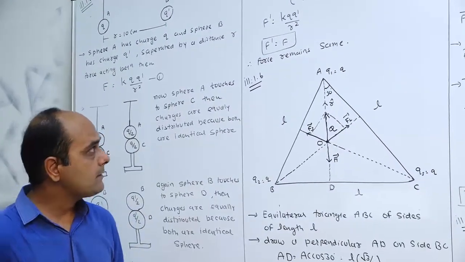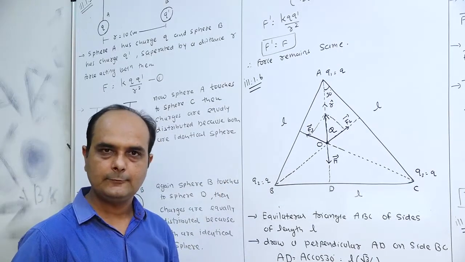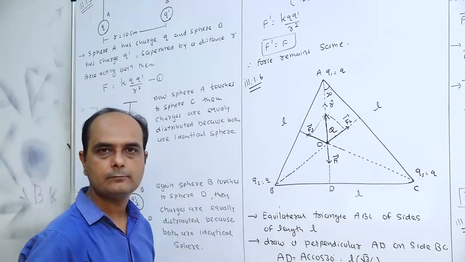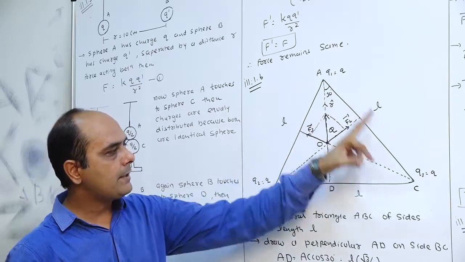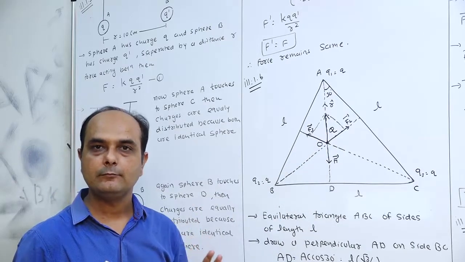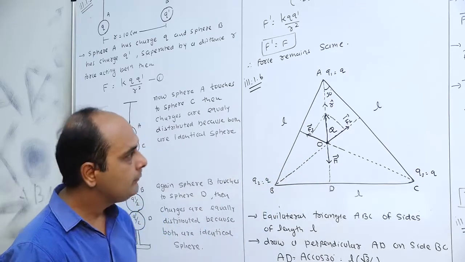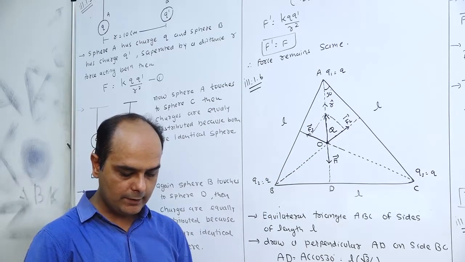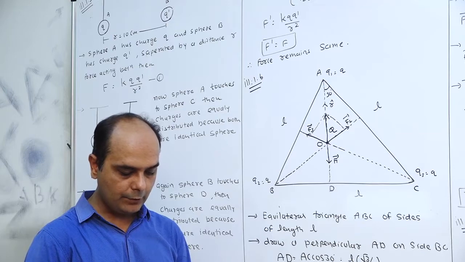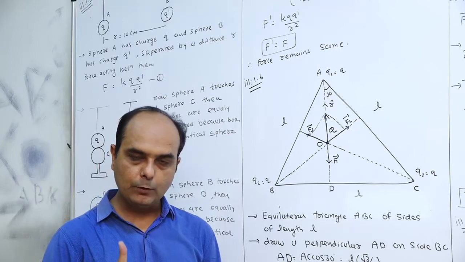Now student, there is a next illustration, illustration number 1.6. This is an illustration for the equilateral triangle. At each vertex, the same charges are placed, Q charge. At the center of the triangle, we place a capital Q charge. Calculate the resultant force acting on the Q charge at the centroid. So now the question of this illustration, as given in a textbook: consider 3 charges Q1, Q2, Q3, each equal to Q.